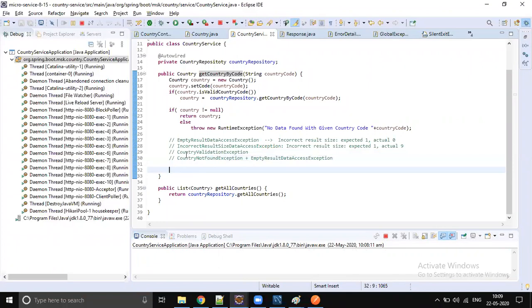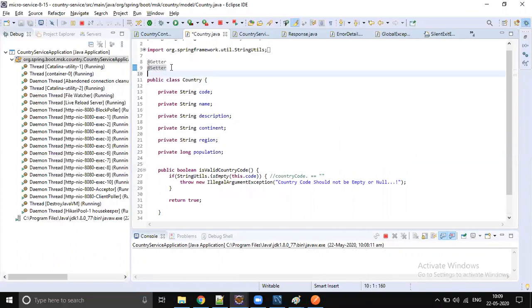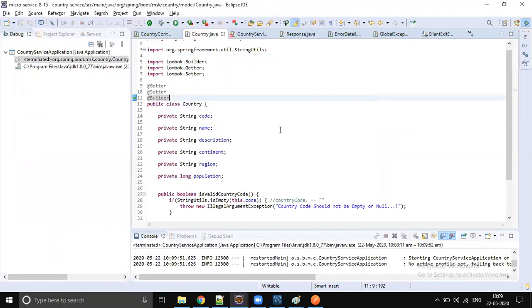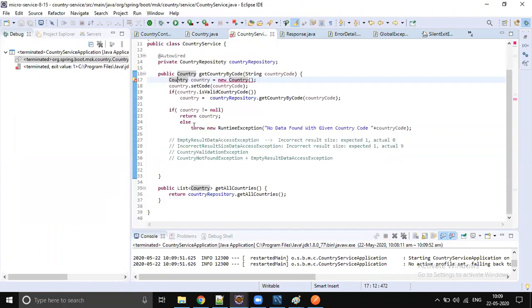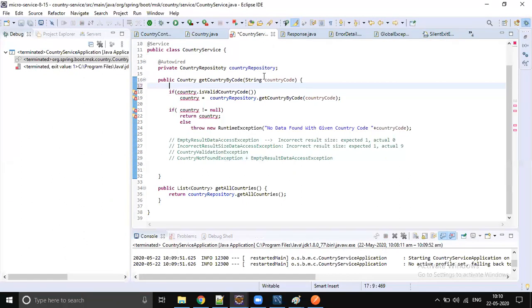Okay. And one more thing I would like to cover here itself is the builder, right? So sometimes in some places we are using new. Let's remove that new. Let's use the builder concept, right? The Lombok builder concept. It is there in my video also. You just go and refer to that video. Okay, so it's no more new operator. It should be a simple one line, right?